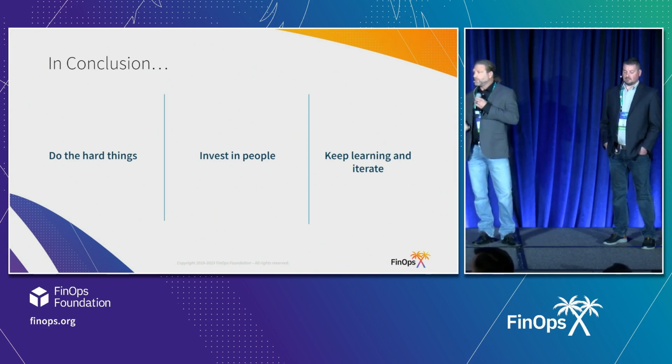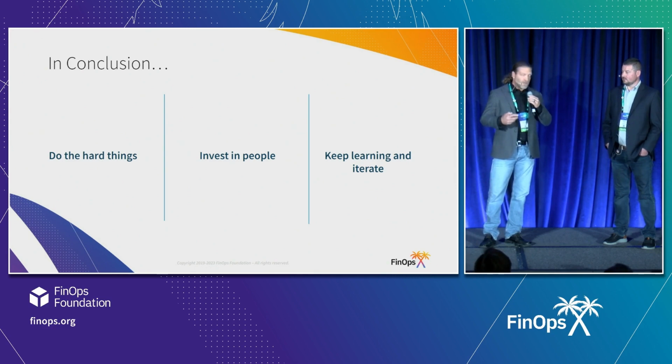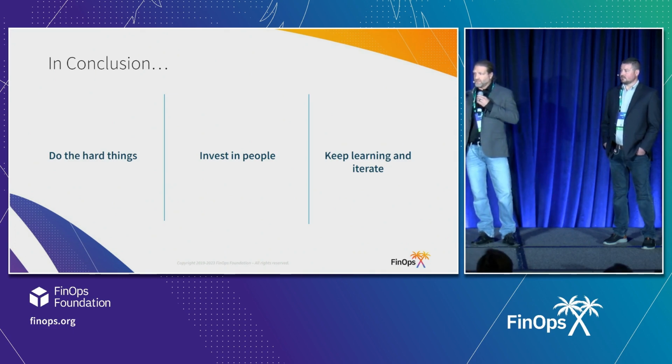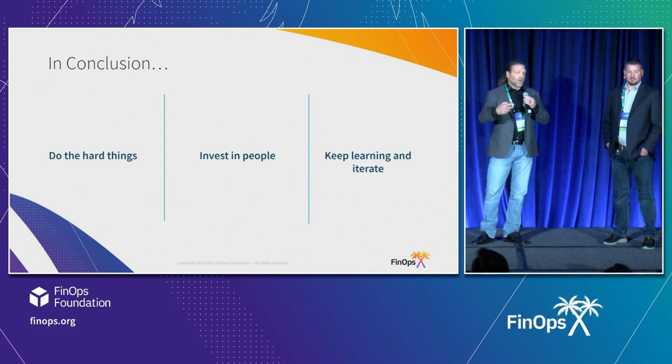Third one, keep learning and iterate. For us, we never get it right on the first try. So we constantly realize that automation is not a destination, it's much more of a journey. As we have incremental successes, we realize that we need to go back, reevaluate where we are, and perpetually continue to iterate. So I guess with that said,